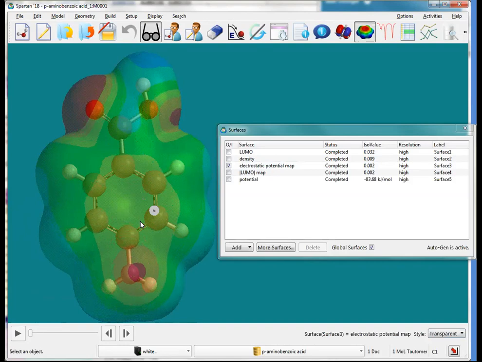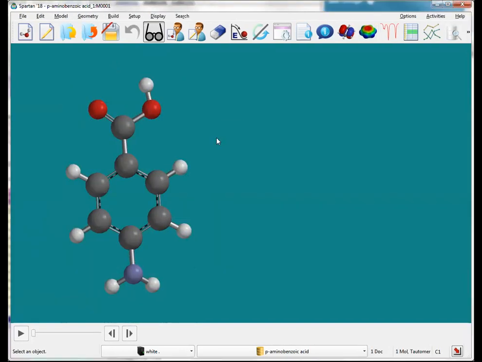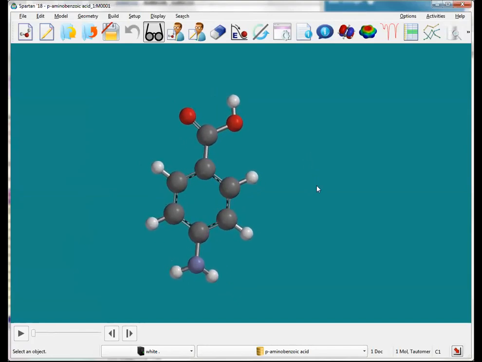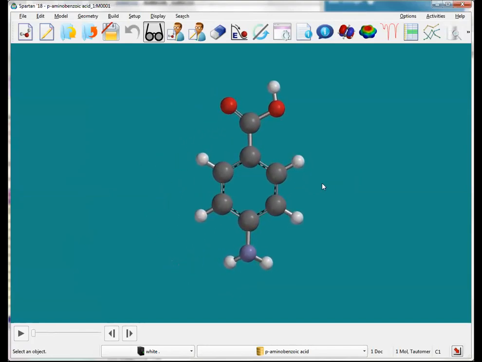So there are a number of standard graphical models that Spartan uses that are available once you've run a QM calculation and/or retrieved a system from the database. Okay, so let's cover surfaces. We looked at the orbital energy diagram. Let me also go to the IR calculation we ran. We just used some empirical method, so it's not terribly accurate, but let's use it just as an example to display